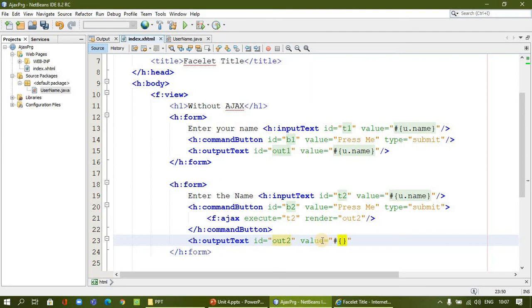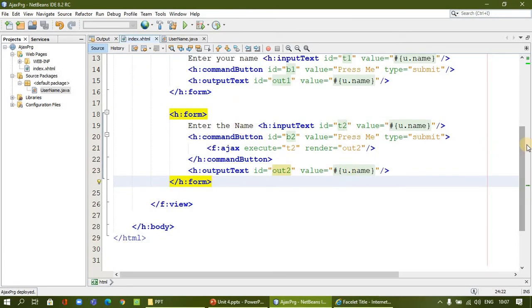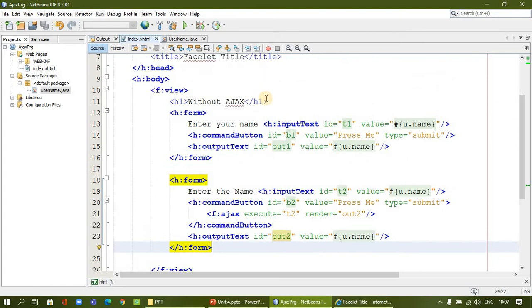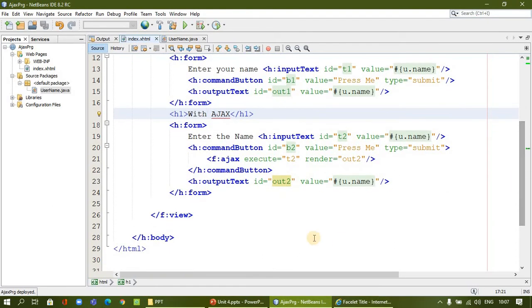The same, we are dealing with the name only. Now this is an Ajax code, so I will mention the same thing as previous for our understanding. I will put a header over here, H1. This is with the Ajax, and I am using a button. Next one I will not use a button. I will show how it works.